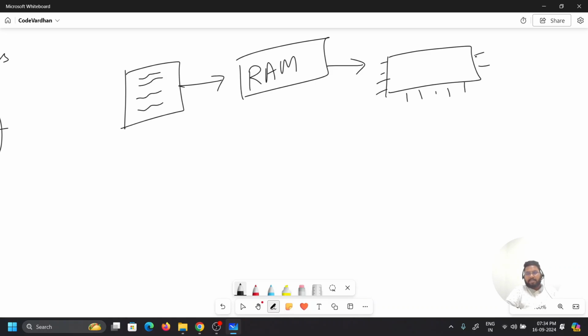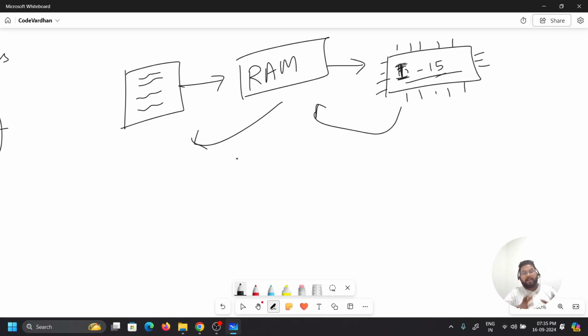So this is a basic processor, say an i5 processor. Everything will be sent to the processor, then the processor will reply to the RAM, and RAM will reply to the screen. This is how a program works.